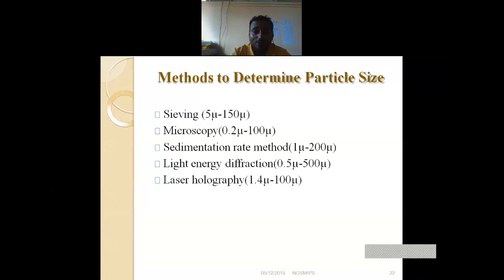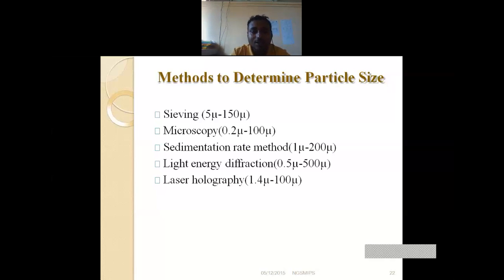Okay, so the sieving method has some limitations. With sieving, we can measure particle size from 5 micron to 150 micron. If it is less than 5 micron, then we use the microscopic method for determination of particle size. In the case of microscopy, it is 0.2 micron to 10 micron. For the sedimentation rate method, it is 1 micron to 200 micron. For particle sizes between 1 and 200 micron, we can use the sedimentation rate method also. Then for 0.5 micron to 500 micron, we use